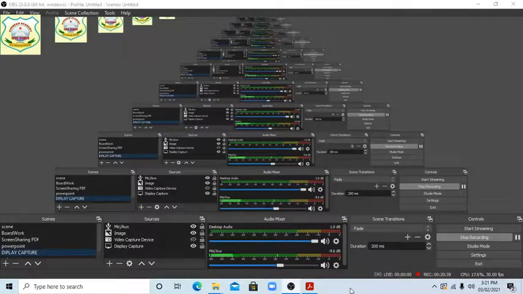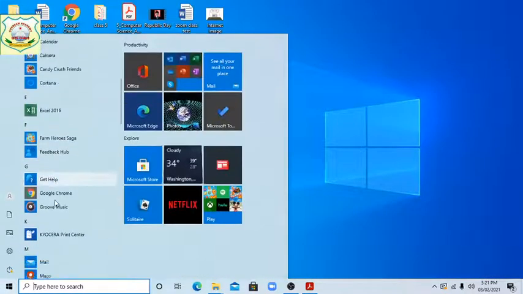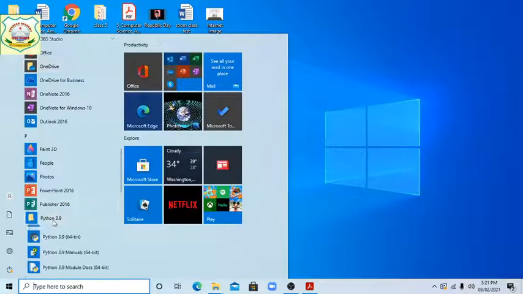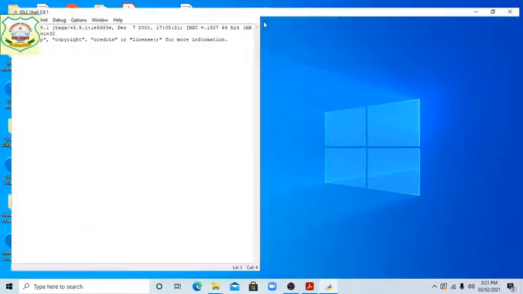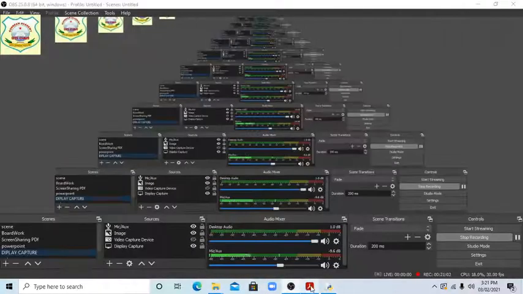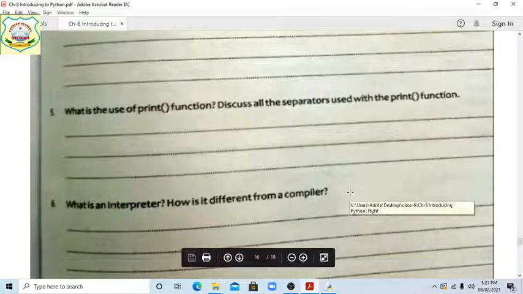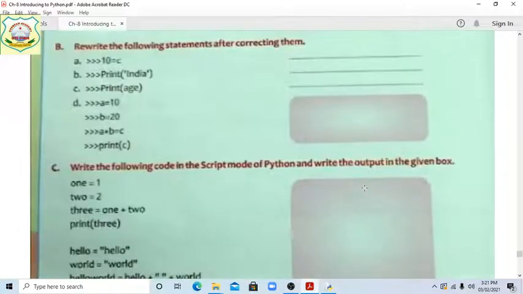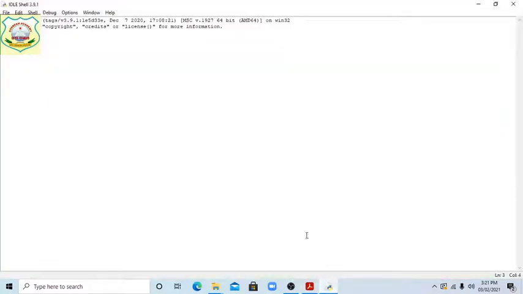Okay, I'm just going to the desktop. Okay, it is open now. Yes, students, now let us see how to do this. And students, everyone open the page number given here. After the question answers, the page is given. I am also showing this, page number 114. So everyone open it. Now do the practical.